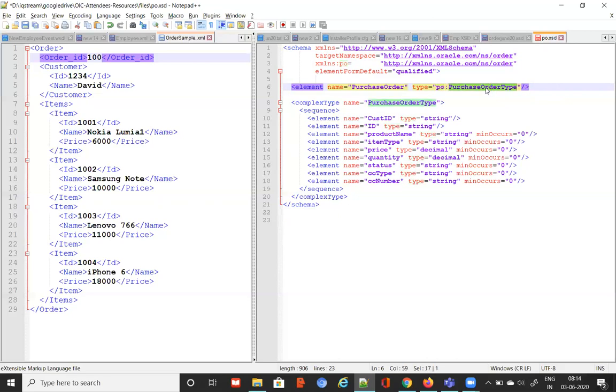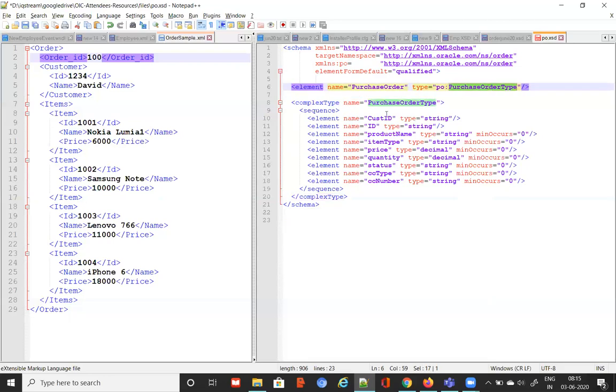What is purchase order type? This is not an element coming from the standard schema. It is also clear here, it has a prefix. If you're taking from the standard schema, you are going to have a prefix. If you're not, in this case, you should not have a prefix, correct? But you're telling PO colon. It means this has to come from this namespace. What is this namespace? Where is it available? This namespace is coming from the same document, right? That means this element is defined in the same document somewhere. You can see that it is defined here.